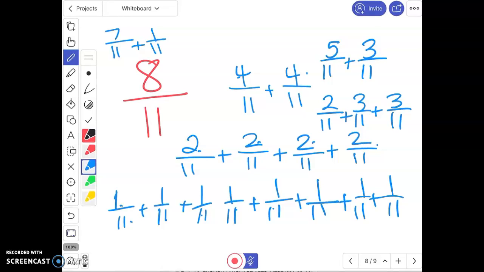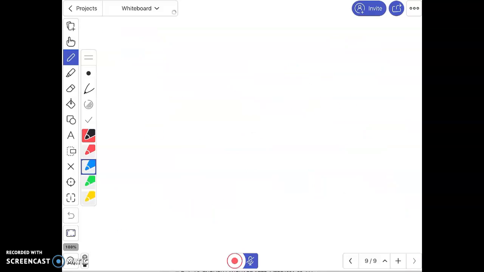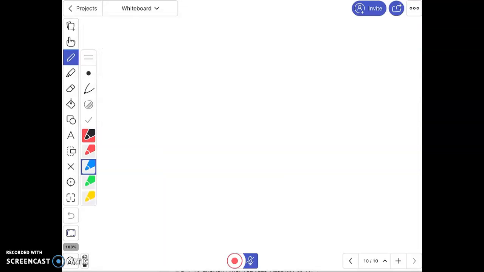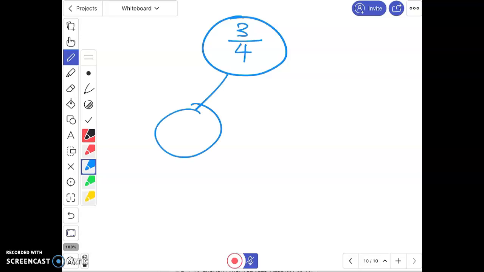Really, what I'm doing is I'm thinking about it like a number bond, which you did in a much younger grade. You used to do, like this. 5 is made out of 2 and 3, right? The same is true with this. 3/4 could be 2/4 and 1/4. Or